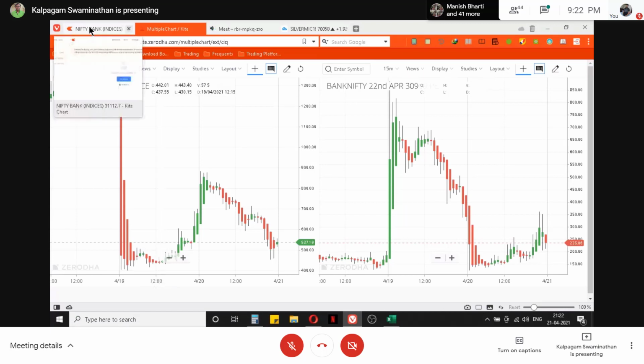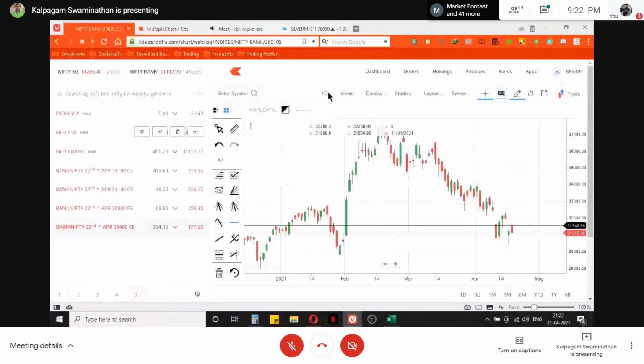Look for trades according to which side the market is trading, right? So if most of the price action is happening above the opening price,